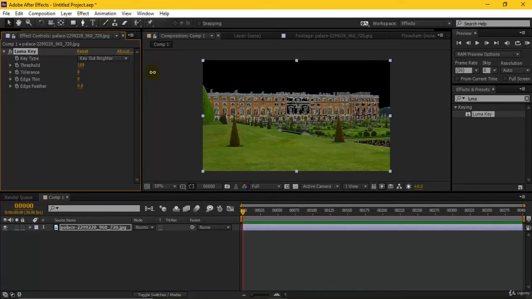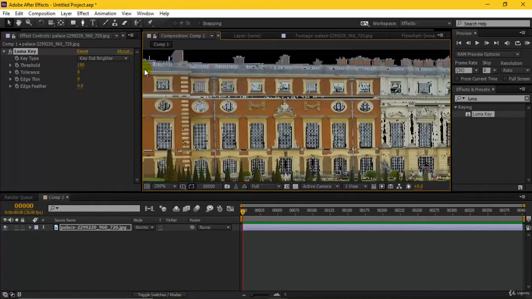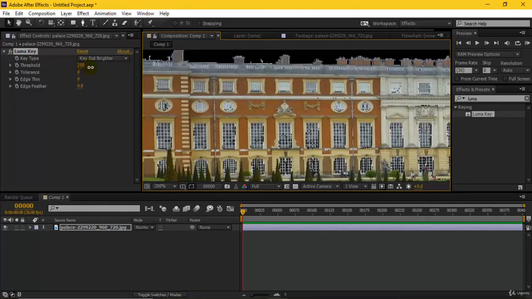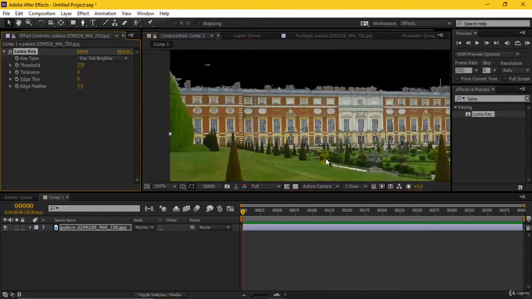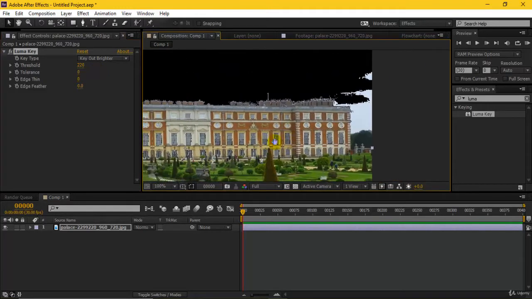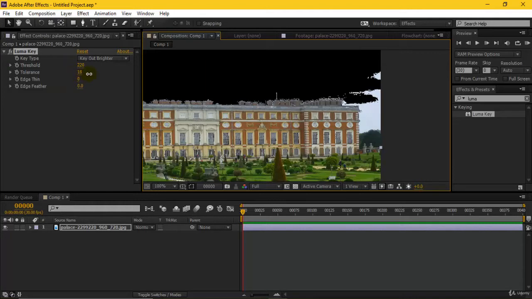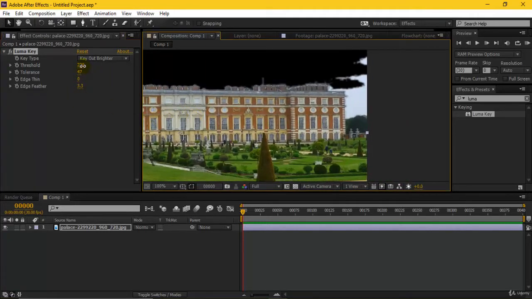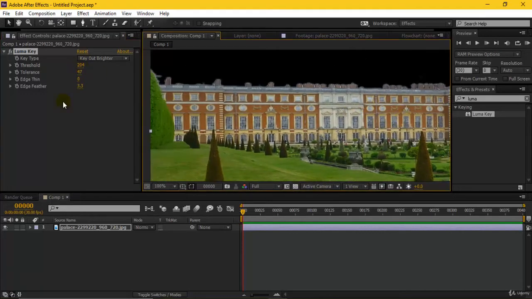I'm somewhat getting a nice result over here, but these areas need to be preserved. Yeah, something like this. Edge feather to maybe 1.